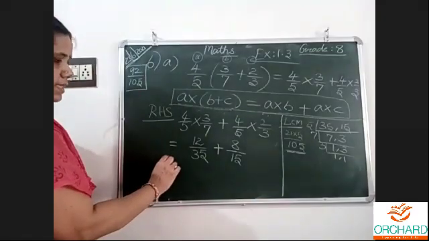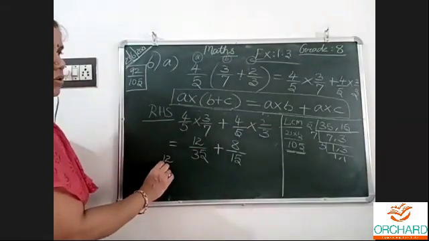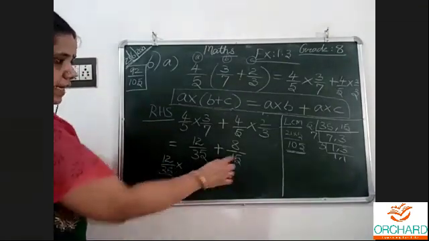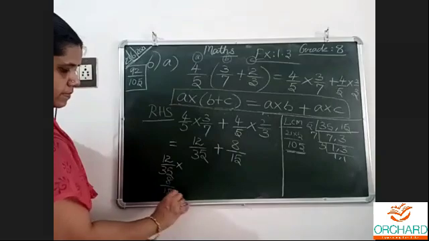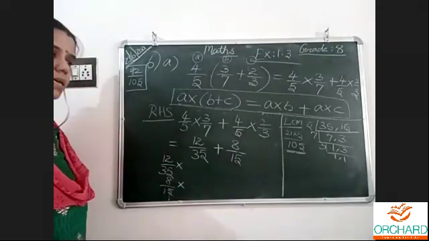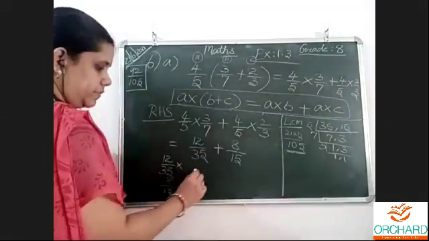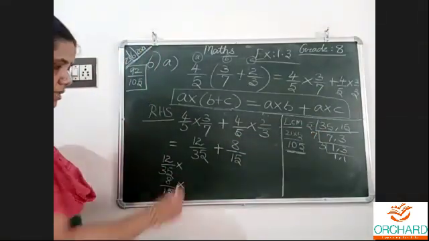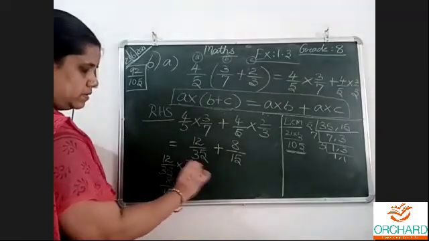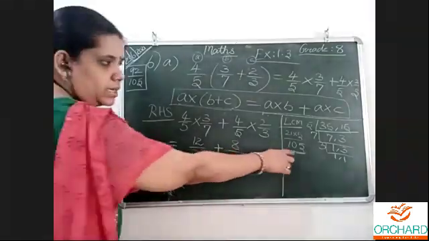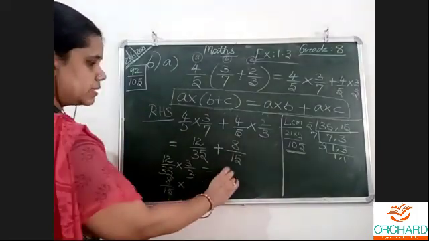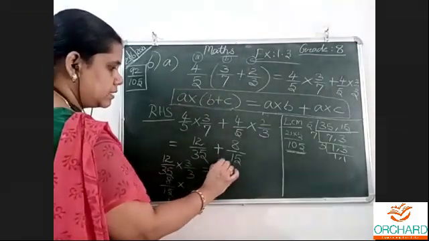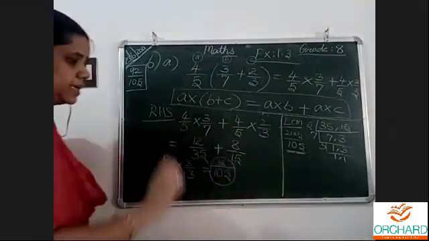Let me do here itself. There is no place, so 12 by 35 and 8 by 15. For both numbers, I need to bring the denominator to 105. We have seen that 35 multiplied by 3 gives 105. 5 3s are 15, 5 carried over 1. 3 3s are 9 plus 1. 12 3s are 36. So this is my first number.